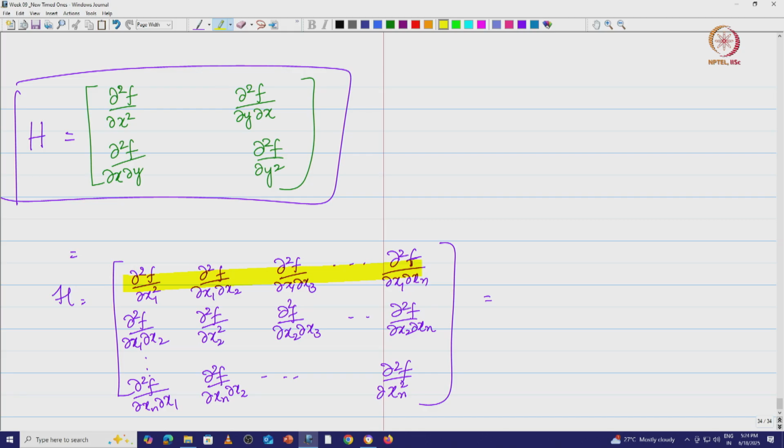So, this is nothing but the second derivative matrix. So, this is going to be the Hessian matrix. We will revisit this Hessian matrix when we come to optimization, where this plays a very crucial role, right. So, we have this, it is always symmetric. So, we are going to say the Hessian matrix is symmetric.